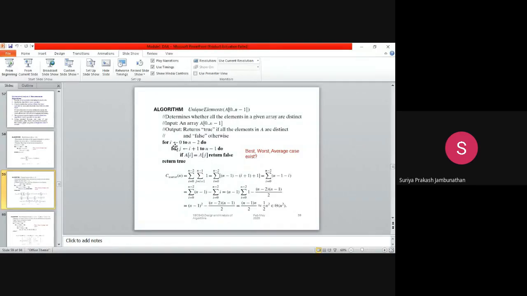Now in the outer for loop, the I value was 0. Now it will be incremented to 1. Again it will come to the inner for loop. Now we are having 1 plus 1 because the I value has been incremented. So 1 plus 1 it will be 2, so the J value will be 2.